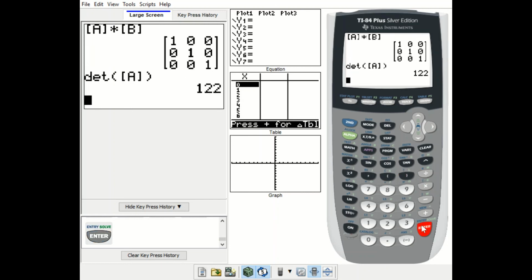But the determinant of A is what? 122. Okay, so just some properties of or some calculations you can do on the TI84 with matrices. You can multiply, you can find inverses, you can reduce